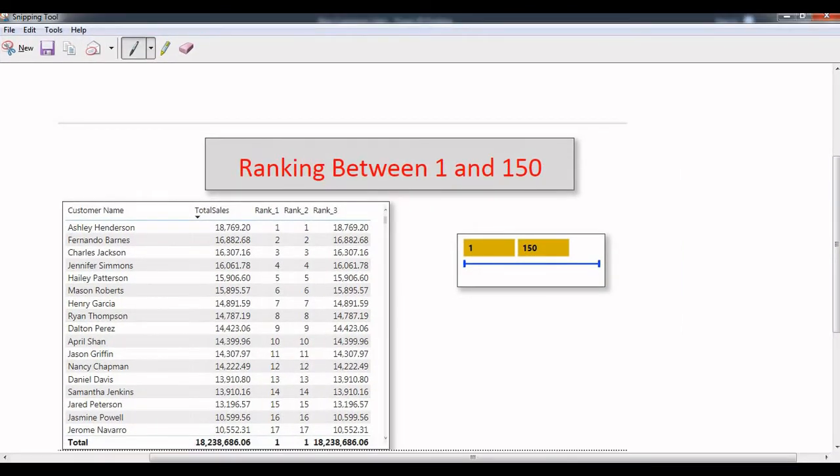Here, customer wise, we have the sales amount. In the rank 1 measure, I am creating the ranks for each customer based on the sales amount. But in rank 2, based on the